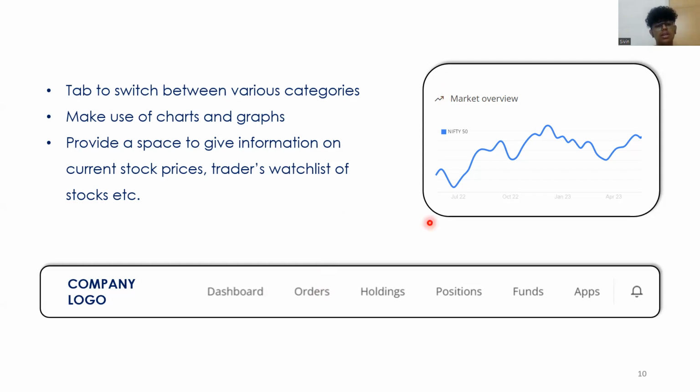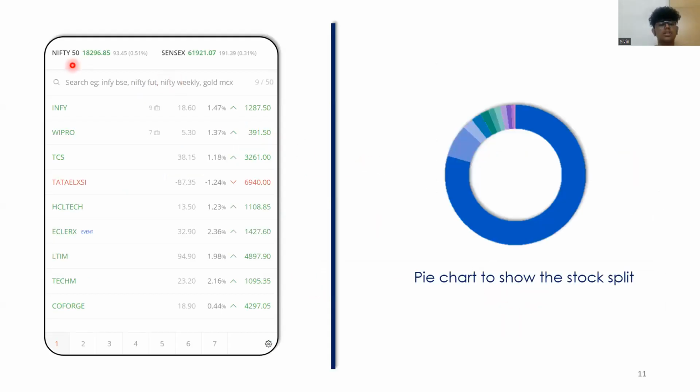Now, let's see. There should be a space given for the watch list. This is an example for that. Current stock prices are shown, how much the stocks have moved per day, and the indexes are also shown there. Such a space should be provided, which makes it easier for the user